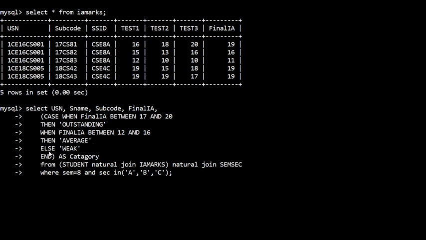This case construct is included in the select clause itself, as a continuation of the select clause. We have to display USN, name, subject code, final IA, and then category. So category is one of the columns when displaying the result, and because of that we include this case construct in the select clause.